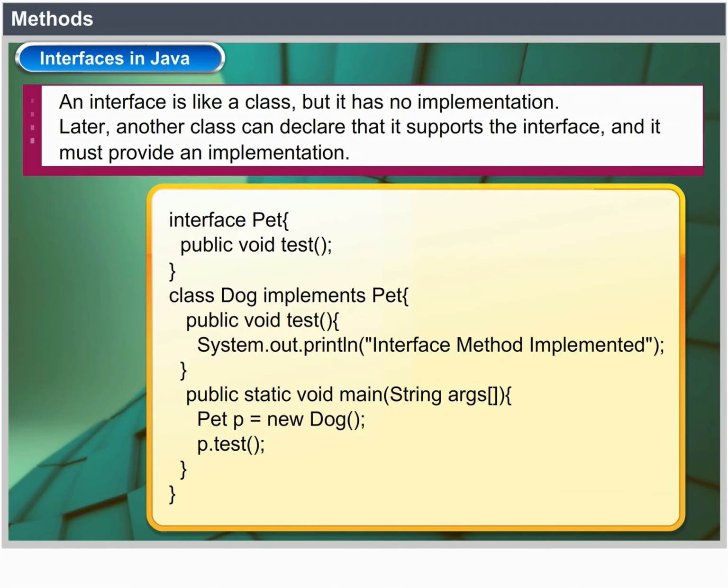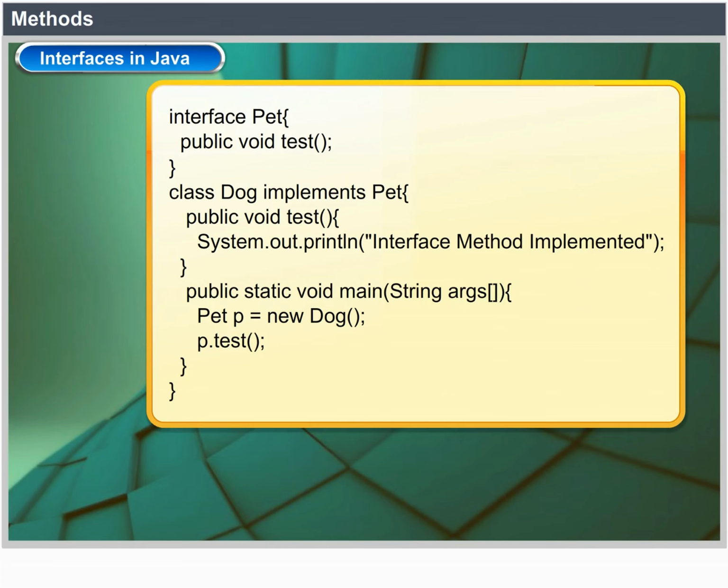Interface pet { public void test(); } class dog implements pet { public void test() { System.out.println("interface method implemented"); } } Then public static void main(String[] args) { pet p = new dog(); p.test();